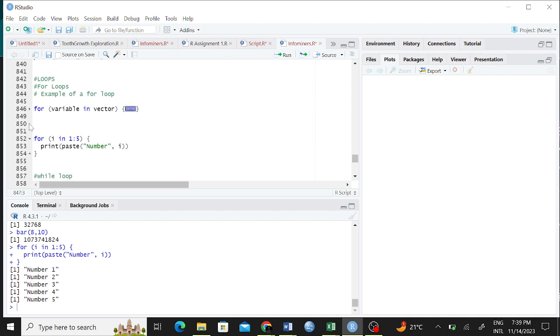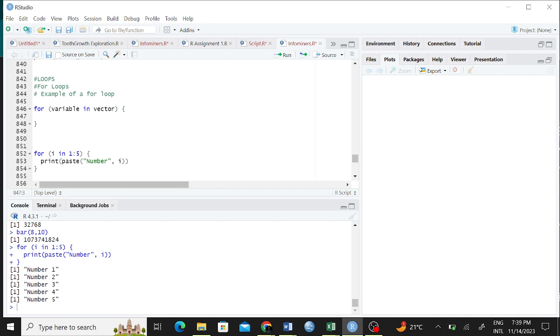Control Z. Yeah. So it is written here for. Now then we have a variable. So for the variable that we are looking for, is this variable found in a certain vector that you have declared, right? For every instance where we get that this variable is inside the vector, what are we supposed to do? Now curly brackets and those things.